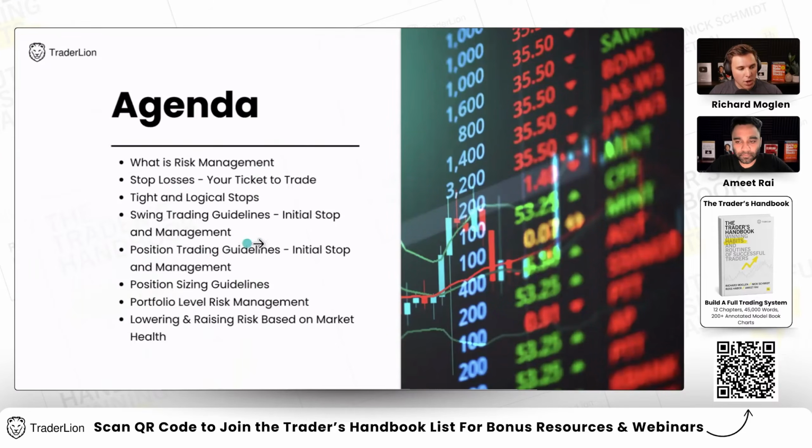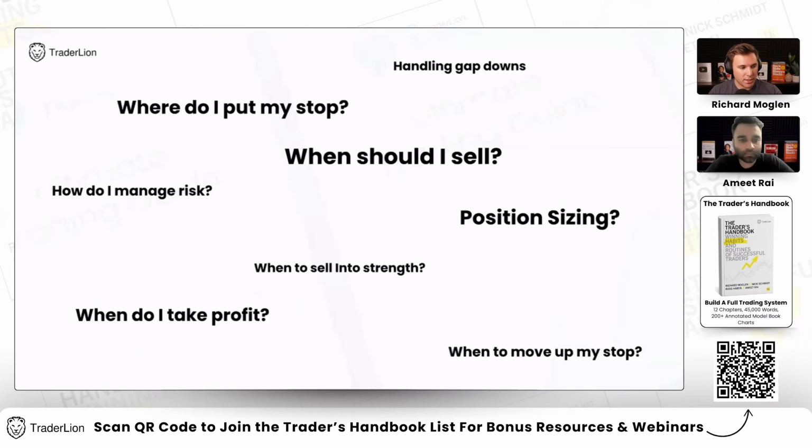And these guidelines will also be really good for a lot of you folks who probably do this part-time or work a full-time job, and again, want to be a little bit more hands-off. These guidelines should help you with that. Then we'll discuss position sizing, portfolio-level risk management, as I mentioned, and also, I think this is really relevant, lowering and raising risk based on market health: how you can do that, what the 3 different factors, different gears, are that you can adjust to do that, and both lower and raise risk in accordance with whether we're in an uptrend or a downtrend.